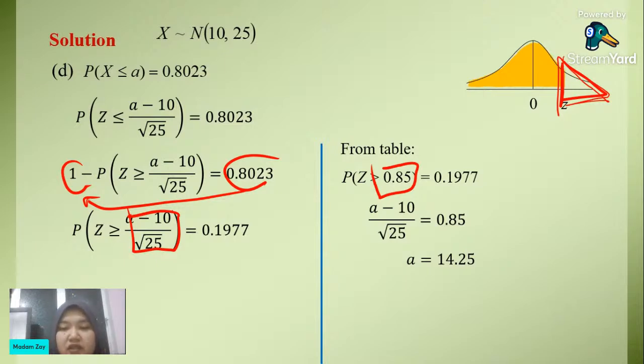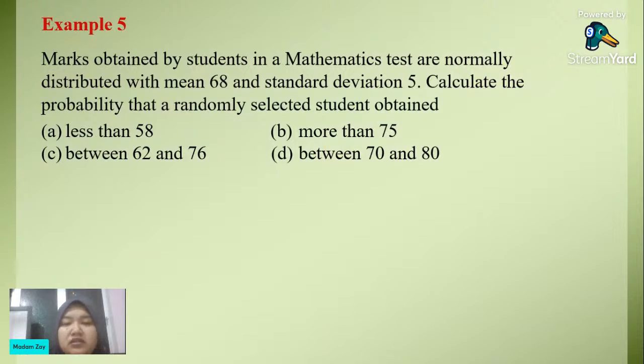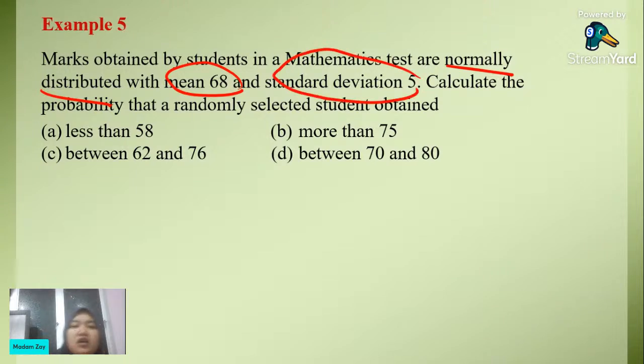Okay, now let's continue with the next example. This is actually a problem solving example. Marks obtained by students in a mathematics test are normally distributed, with mean equal to 68 and standard deviation equal to 5. Calculate the probability that a randomly selected student obtained less than 58, more than 75, between 62 and 76, and between 70